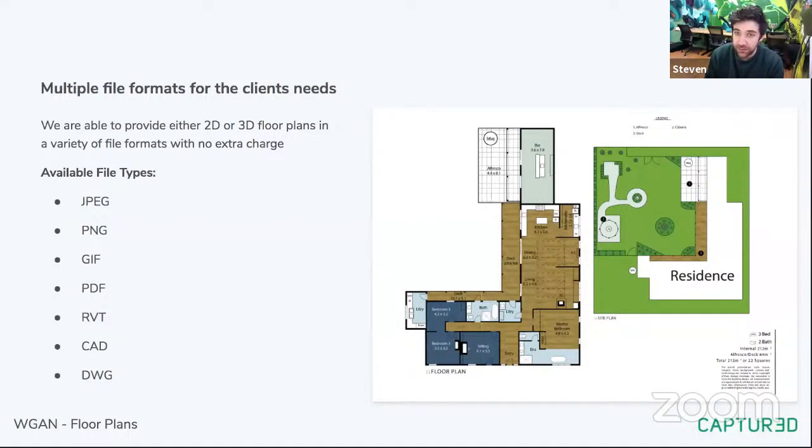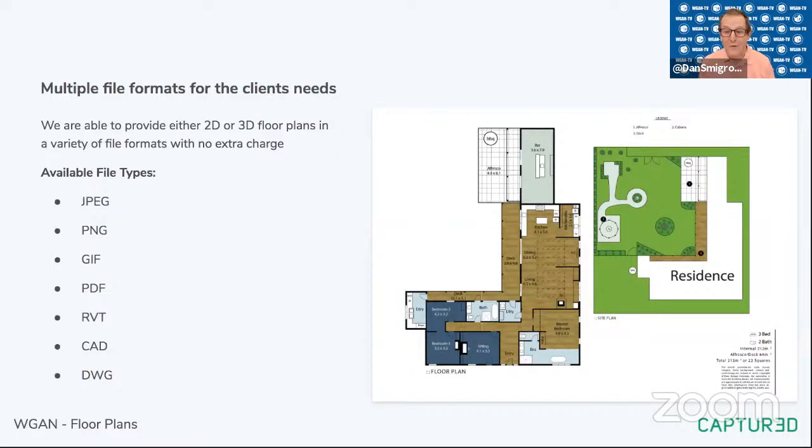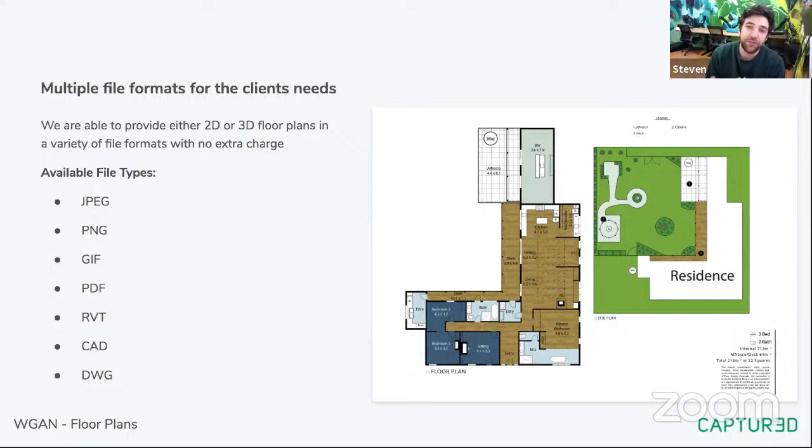Okay. The last, yep. I'm sorry, I'm confused on GIF because I always think of that as being there's some movement going on. Yeah, not necessarily. A GIF is just a different file format as an image that is a lightweight file format. It can be a moving format, but not always.